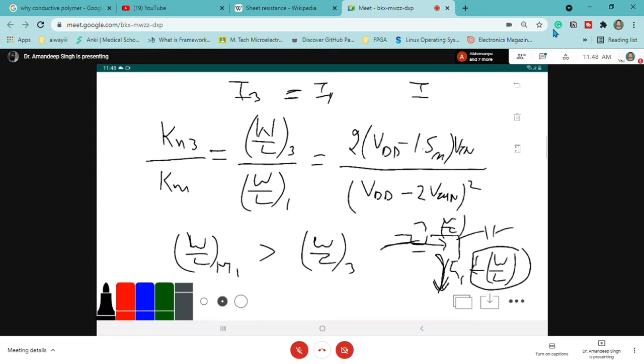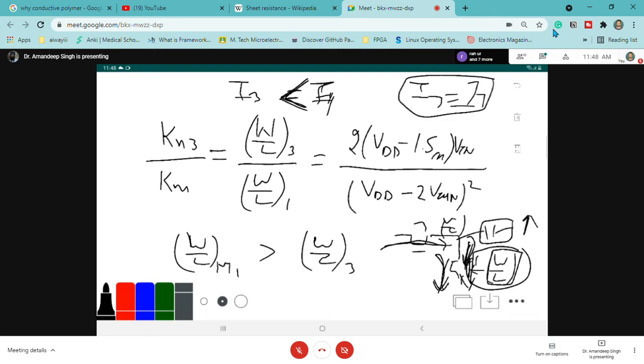but as long as it is charging, there is more capability of taking the current in this direction, because if I make the W by L ratio of M1 greater, then before this value goes beyond V threshold, it is going to discharge to ground. Fine. So our agenda is to make the W by L ratio of M1 greater. It means the current flowing through I1 should be greater than I3. I am putting that I3 is equal to I1, it's fine, because the current will flow through. But then it can be taken as greater if I am making the W by L ratio of M1 greater.